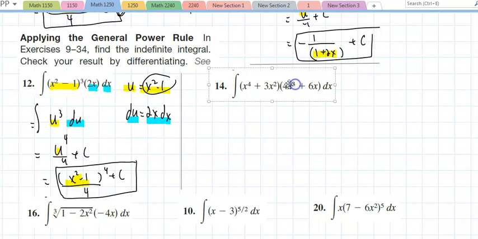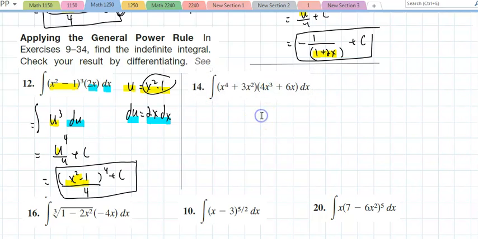And if I look at number 14, I'll notice that, well, I need the u. Let u equal, is it this? Well, think about it. If I take a derivative of this, would I get that? Take a derivative of x to the 4th plus 3x squared. Isn't that? Yep, that works. And if you get it wrong, once you do u and du, you'll notice things didn't work out. So if I let u equal x to the 4th plus 3x squared,